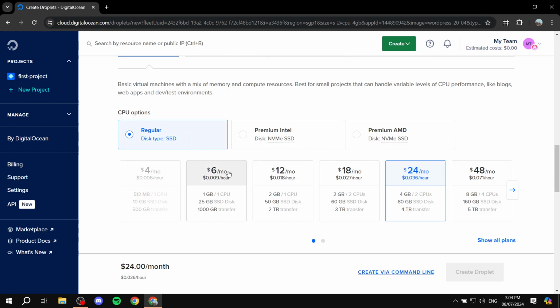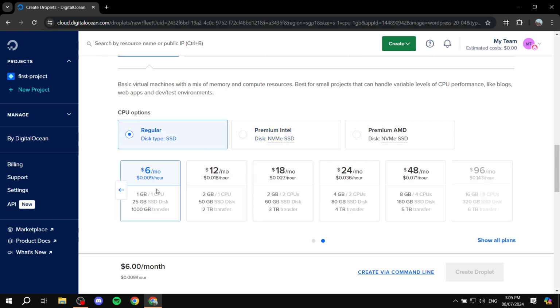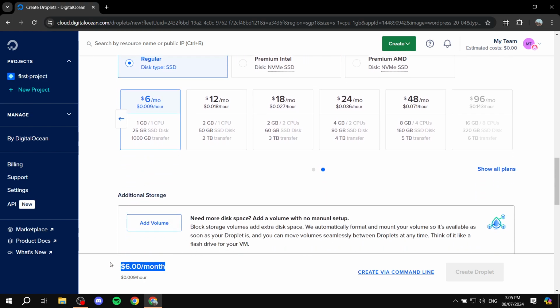So the minimum one for WordPress, you can see, is the $6 a month one, which is going to provide us with 1 gigabyte and one CPU, 25 gigabytes of SSD disk storage, and then we have 1,000 gigabytes for transfer. And then you can compare the rest of them and see which one suits you best, or you can go for the premium ones and you can see exactly how it's going to be. So just go ahead, select the plan that you want to go for, and you can see the total down